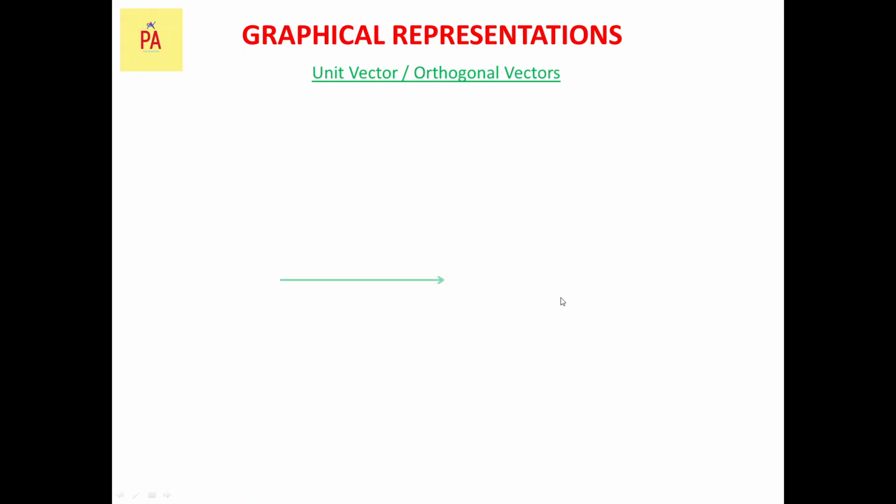Now let us take an x and y plane and also a z plane. That means now we are going to discuss 3 dimensions. In 3 dimensions, let this point be O, and now let us come to the vector. Say this is vector A. The red one is your vector A. So you have got x, y and z, and we have considered a vector A which is lying on the x axis.